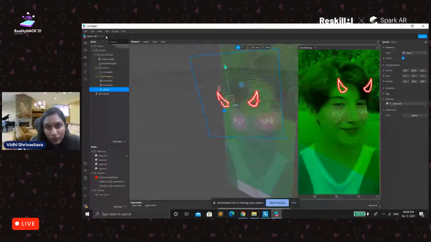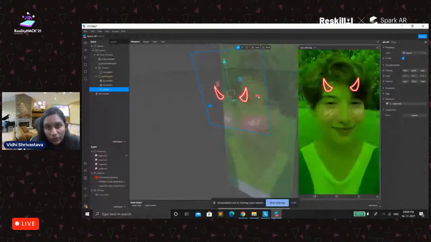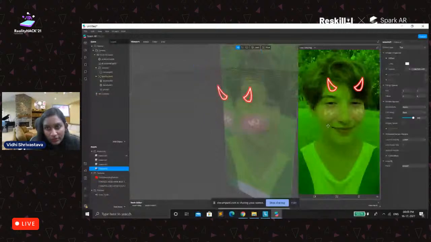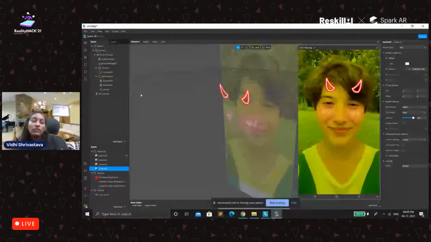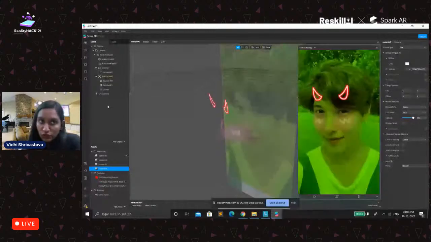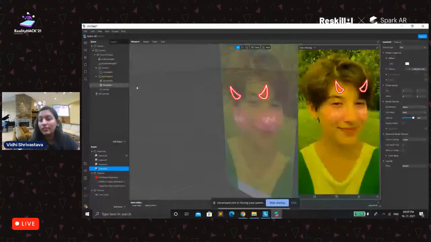Let me set the position of it. This is the upper render. Make horns, or if you want to make a crown or something. So these planes would be objects with all the x, y, and z axes, and a rectangle will have only width and height. So this is the difference between a rectangle and a plane. You should take care of it.